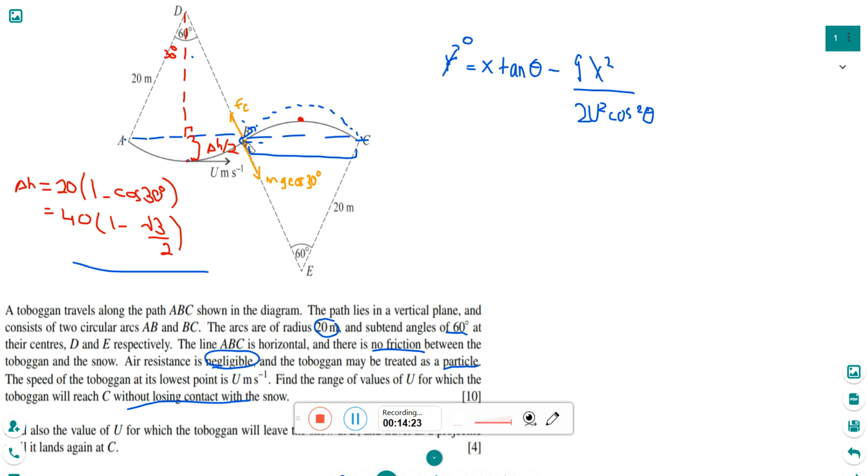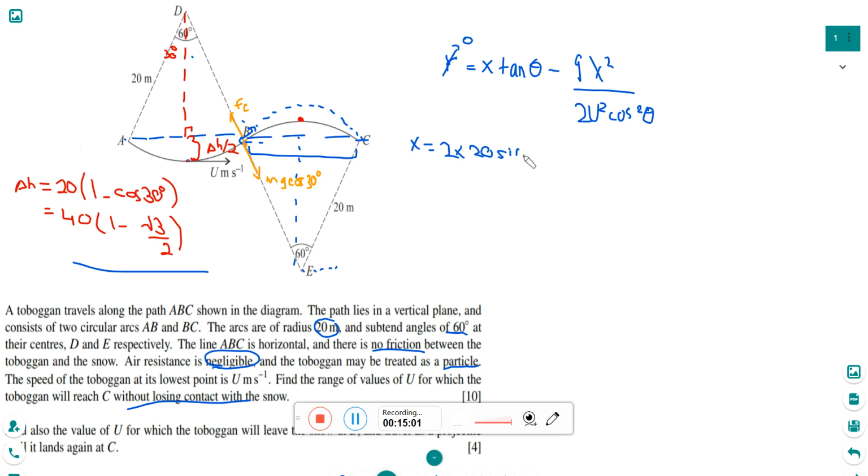X, which is the distance between B and C, you can find it easily using also trigonometry. X is equal to 2 times 20 sine 30. We will show that this is a triangle, so this is 30 degrees. 20 sine 30 will give you half the distance, times 2 will give you the full distance between B and C. So x is equal to 2 times 20